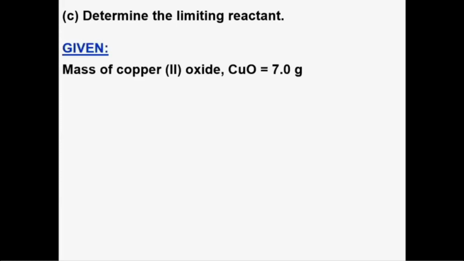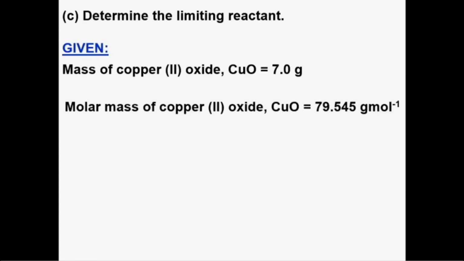First things first, in this reaction there are 2 reactants, copper oxide and nitric acid. We need to determine how many moles of copper oxide and how many moles of nitric acid are used in this reaction. Since we were given just the mass of copper oxide, which is 7 grams, we are going to calculate the moles of this copper oxide,